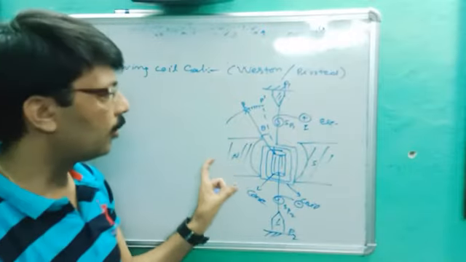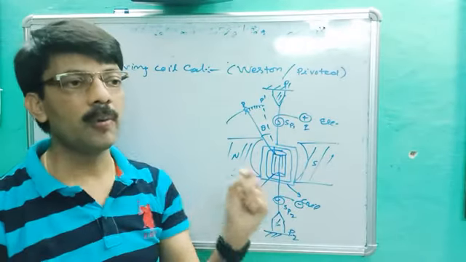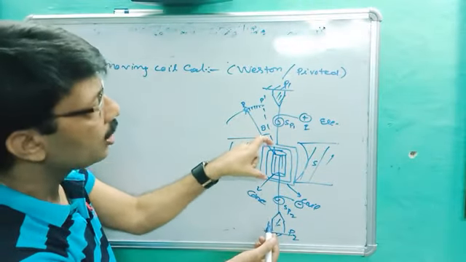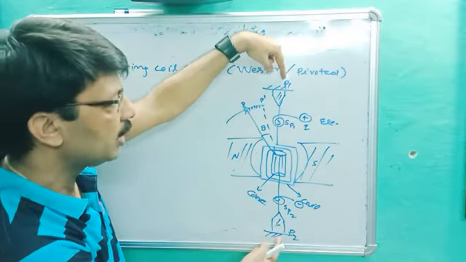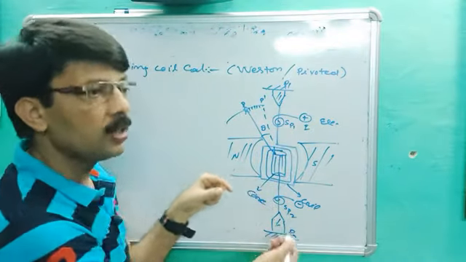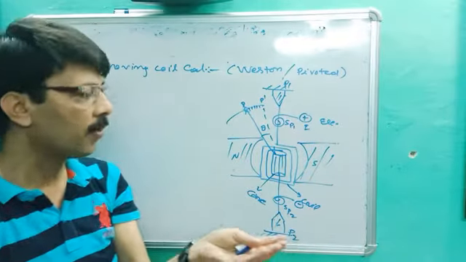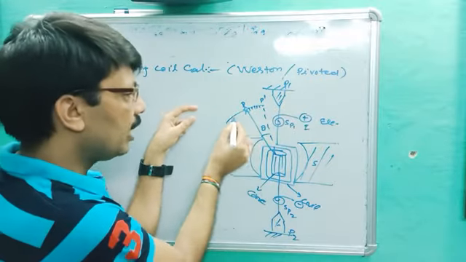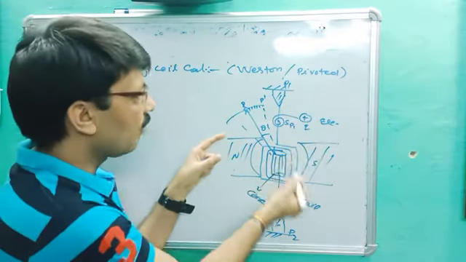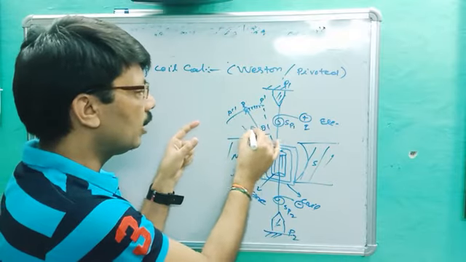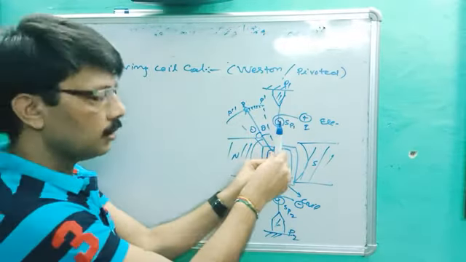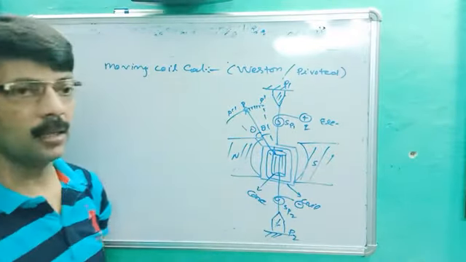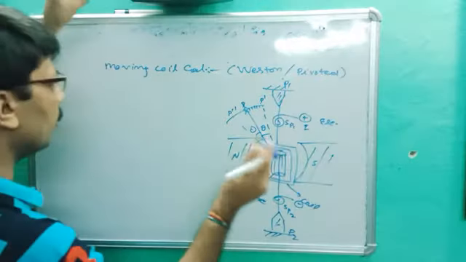So this is the designing of the galvanometer. It is made by horseshoe magnet which provides the radial and uniform magnetic field. Between them, a coil and core are suspended by two pivots P1 and P2, connected with springs SP1 and SP2, which provide the restoring force, the torsion or twisting force. A pointer is fixed there which can move right or left depending on the direction of current, to P dash or P double dash by angle theta. You can see the pointer in the middle in a galvanometer. It can move to right or left, depending on the terminal of the galvanometer. Okay, so this is the structure of galvanometer. Now principle.